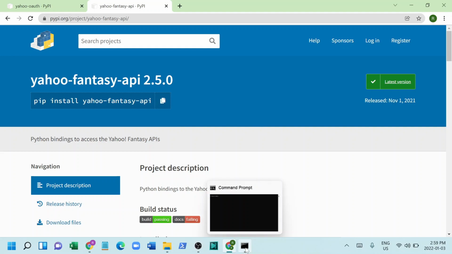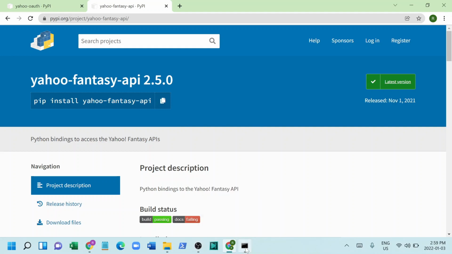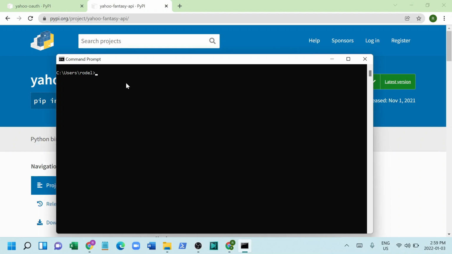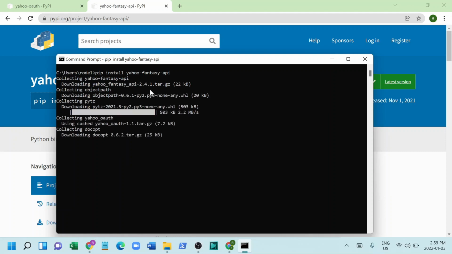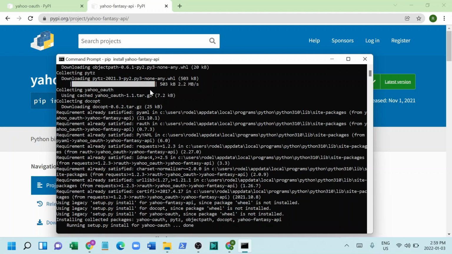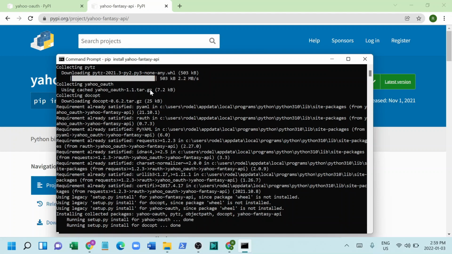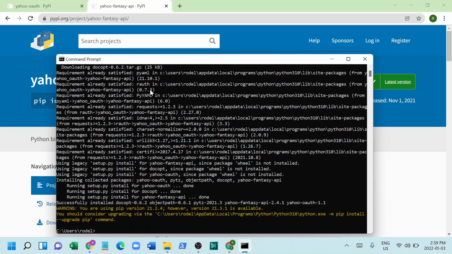Open up the Windows command prompt and paste that command into the command prompt and press enter. This will install the Yahoo Fantasy API package to your computer. Once the install is done,